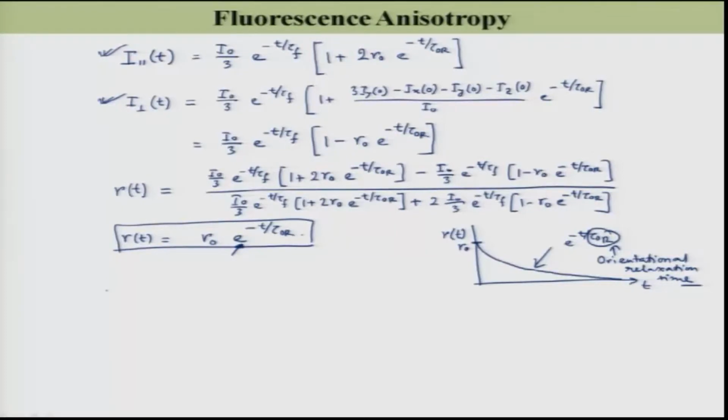So, for lifetime measurement, I could have three different situations. Here I want to measure tau f, not tau r. Please note that. So, the three cases: case 1, I have